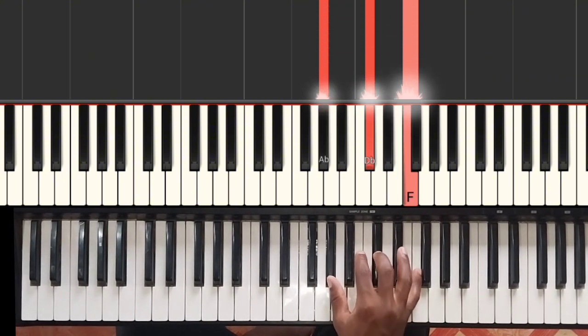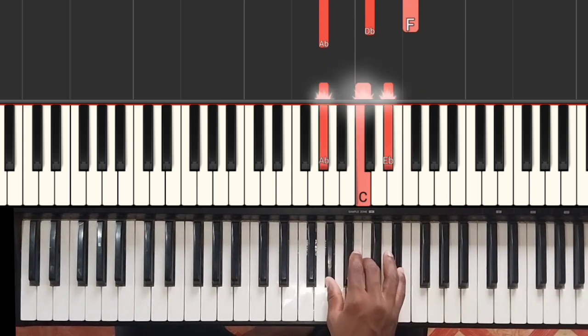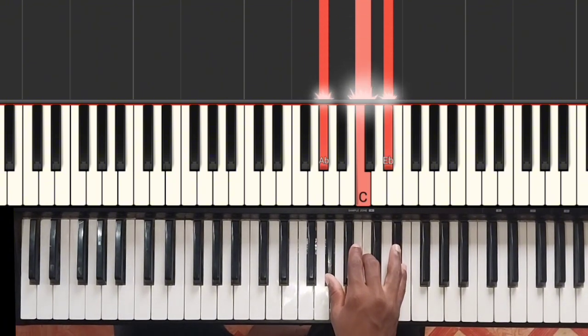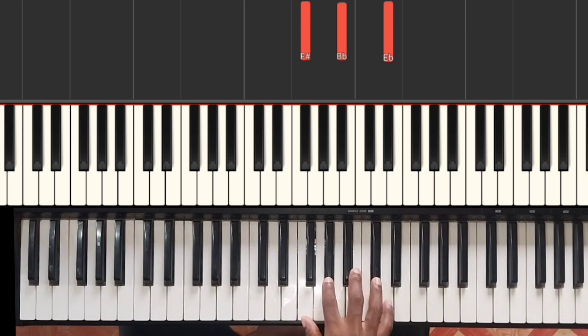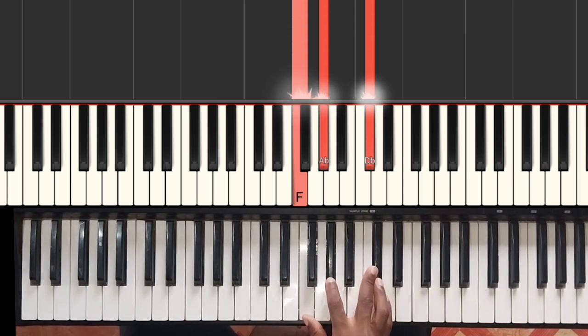Right? And then from here, it goes to a part that says,